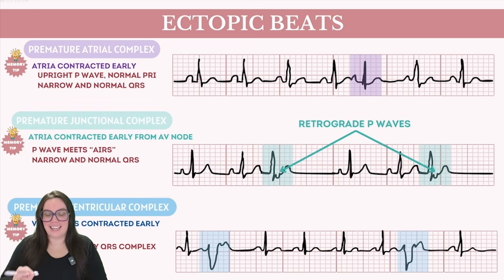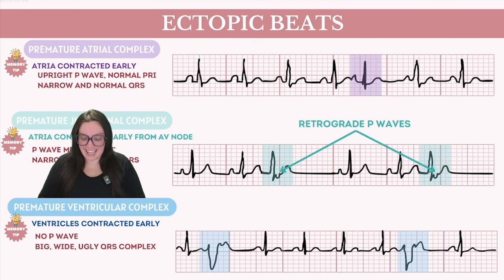The other big key here is that the QRS is going to be narrow and normal because it's happening at or above the junction. And lastly, we have premature ventricular complexes. These are always the easiest to spot because they originate from the ventricles. PVCs result in ectopic foci that are happening in the ventricles, causing them to fire a little bit early. Common reasons that this occurs could be scarring from previous myocardial infarctions, hypoxia, or even imbalances in electrolytes that affect